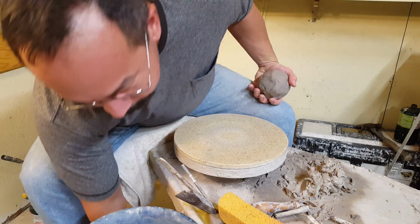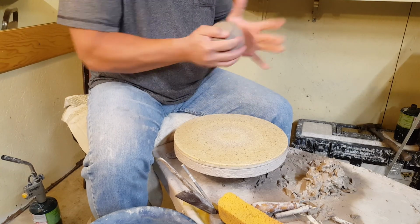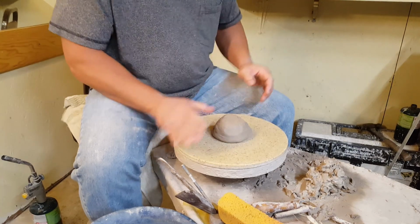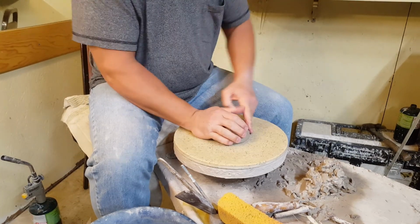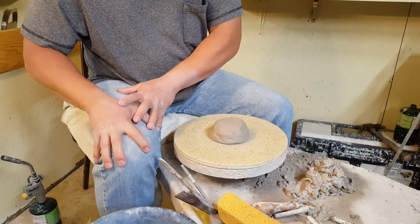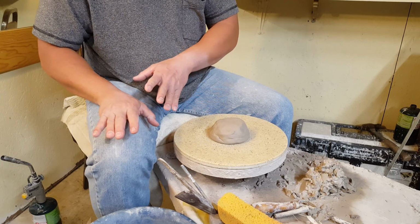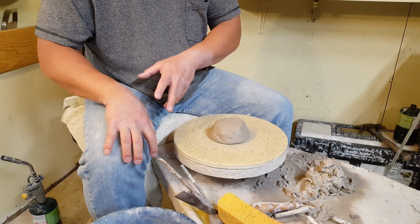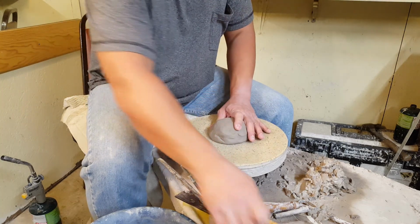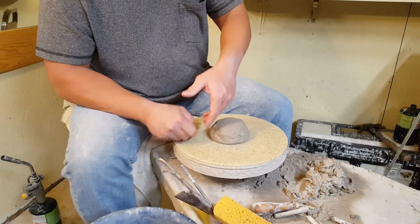I'm throwing right-handed. My foot is on a brick and my foot pedal is on my left foot because all the shaping and curving and pulling I'm doing is over here. I want this leg to be fixed. I don't have to take it on and off with the foot pedal. So I want this foot fixed in a set position so I can draw from the strength of my leg